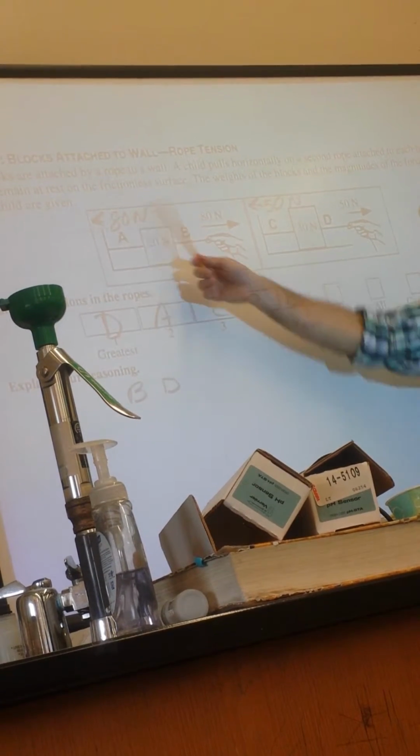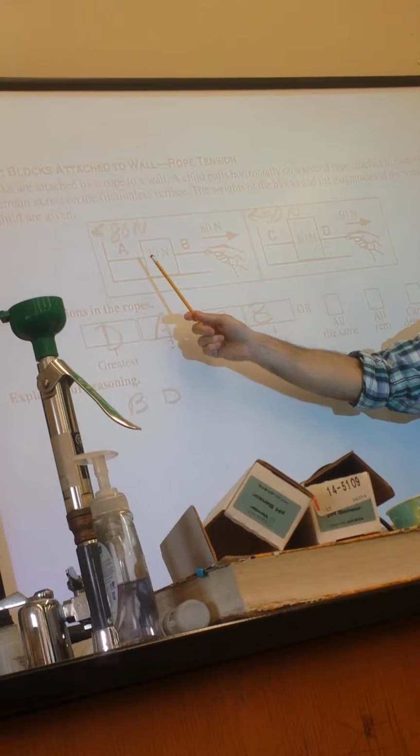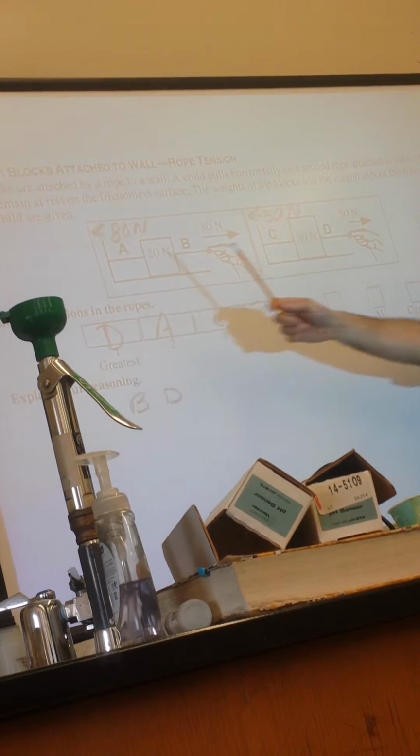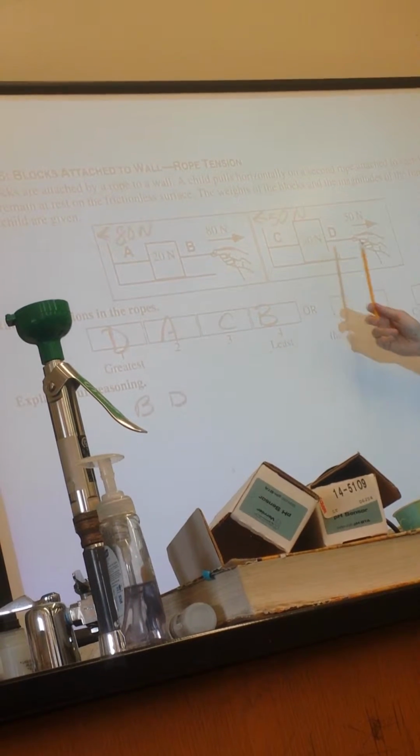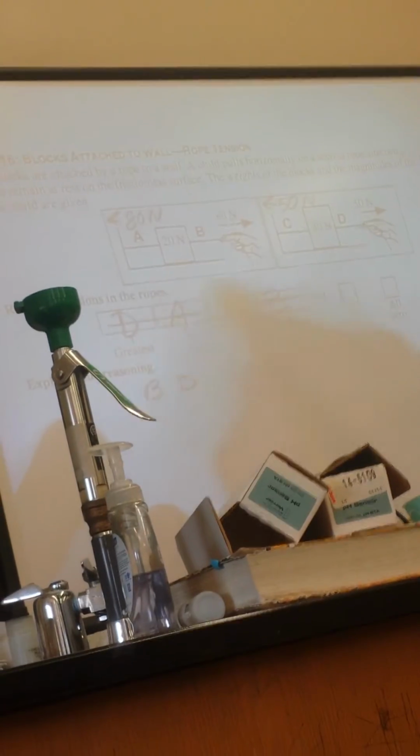I agree with this analysis that since this is not moving, it must have balanced forces. And so if you have 80 newtons pulling to the right, there must be 80 newtons to the left. And likewise here. It would be A, B, C, D, but A and B are equal, and C and D are equal. That's right. So I think the last one you could write in pen.